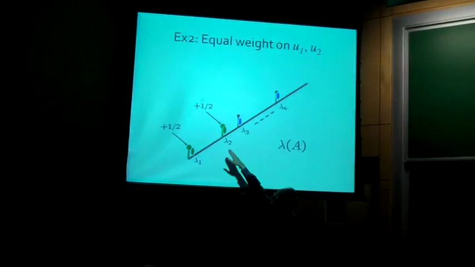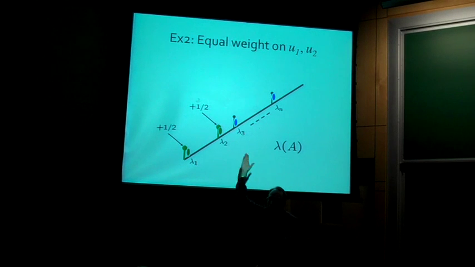Another good example is what if I put equal weight on, say, two of these eigenvalues, the first two? What will happen? The top one will shoot up. You can ignore the other eigenvalues, and this one now gets some real repulsion from both of these, so it doesn't get all the way to here. Actually, it should have gone a little bit less than halfway because of gravity. I don't know if I drew that. But this is the picture I have in mind.